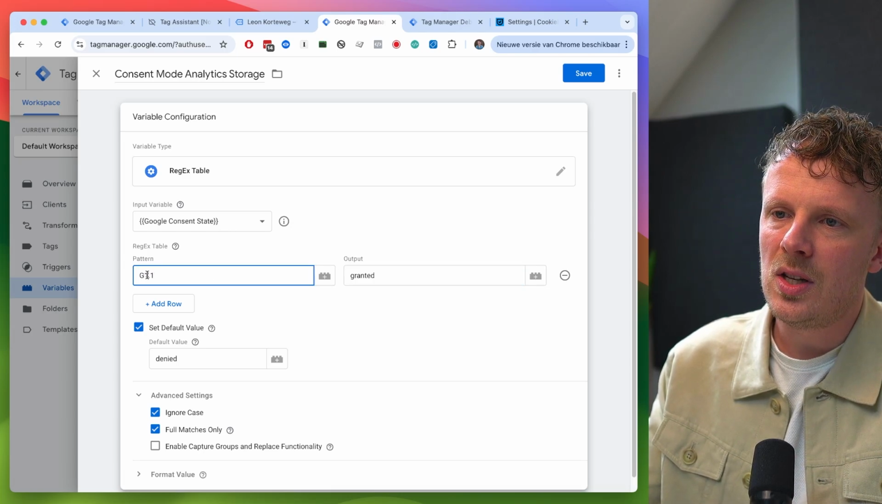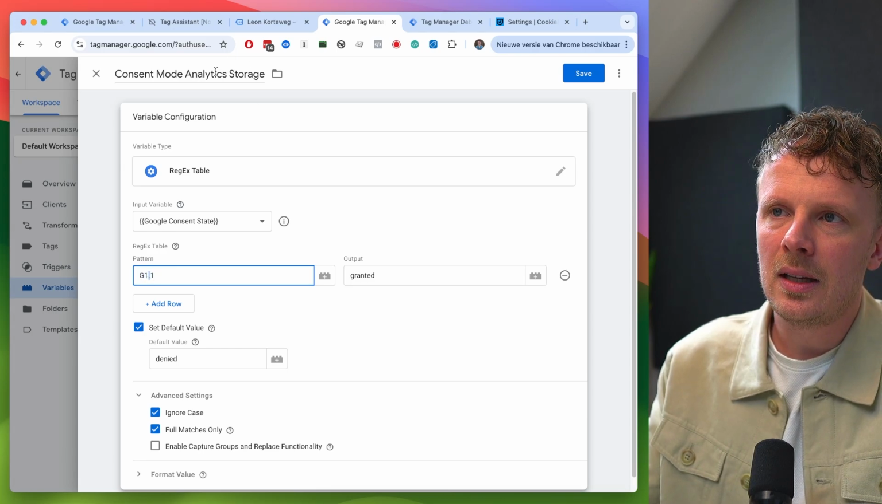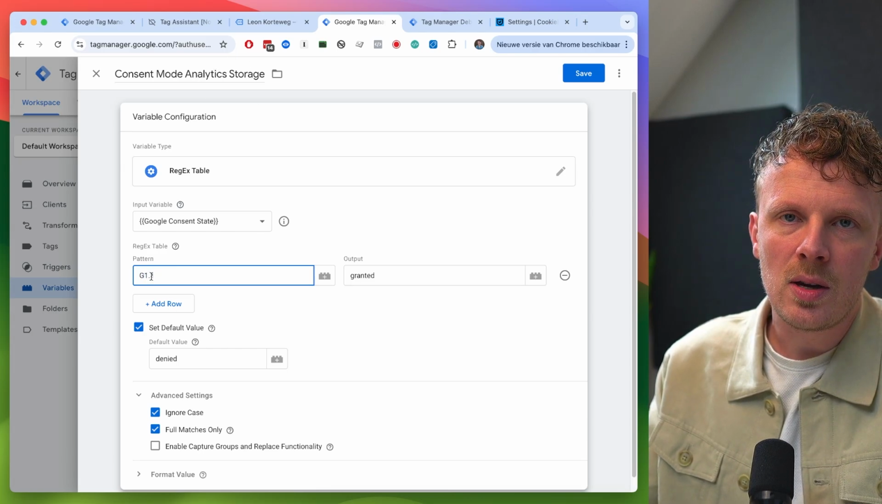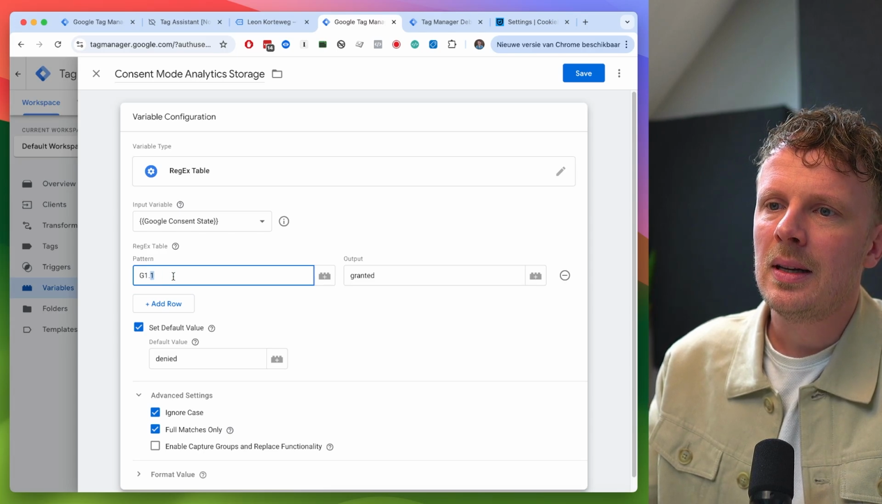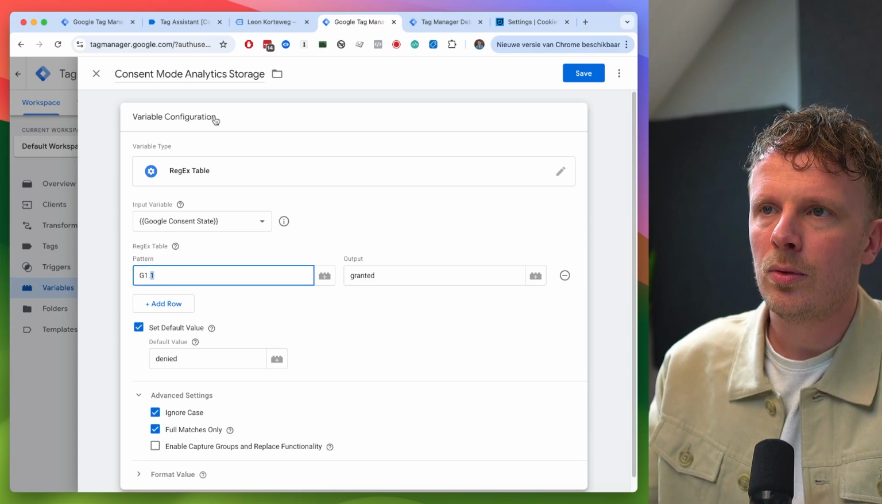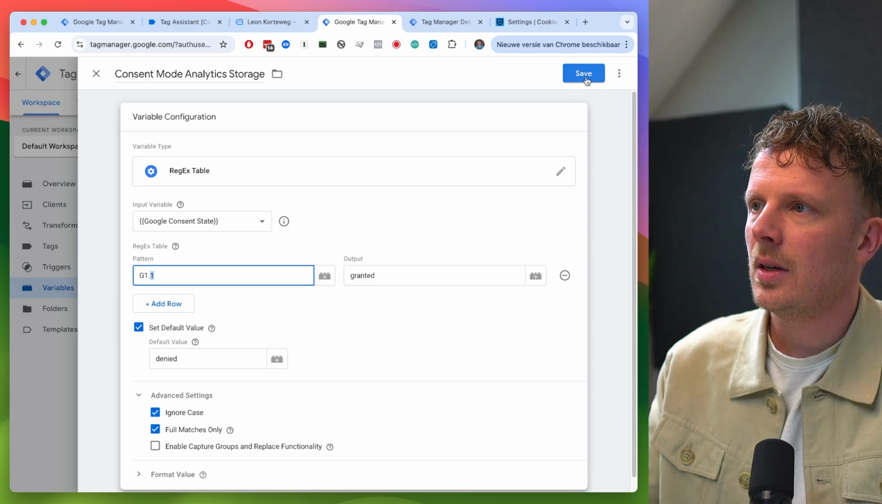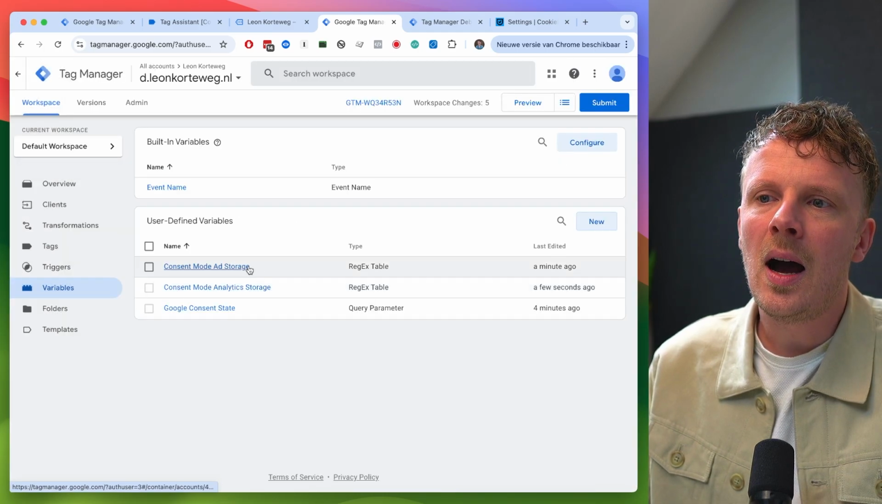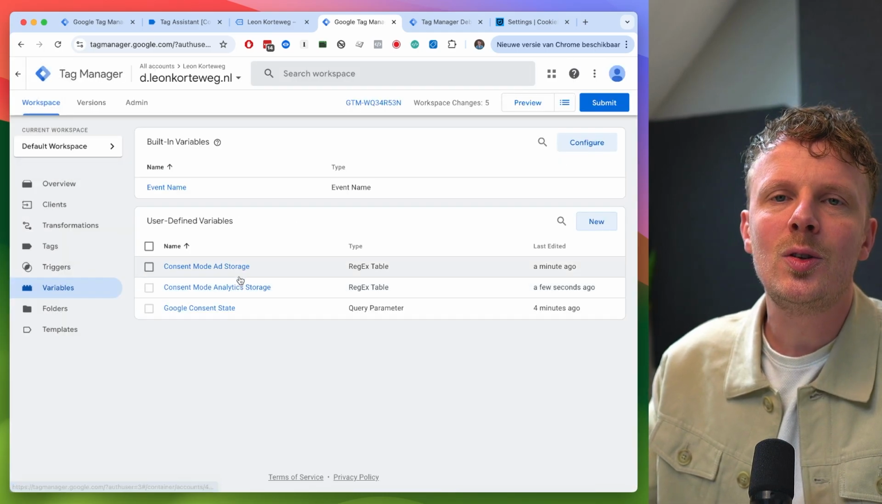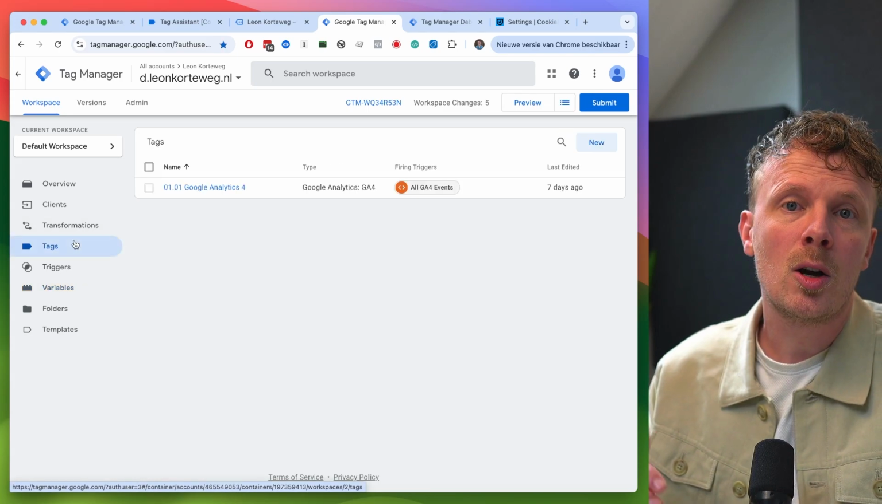And this means that G1 is always the case, and then the second number doesn't really matter for the analytics storage parameter. Could be either a 0 or a 1, but the last number needs to be a 1 for analytics storage to be granted. And I'm going to hit save. And now we have two variables that we can use to build our own custom triggers in our upcoming tutorials